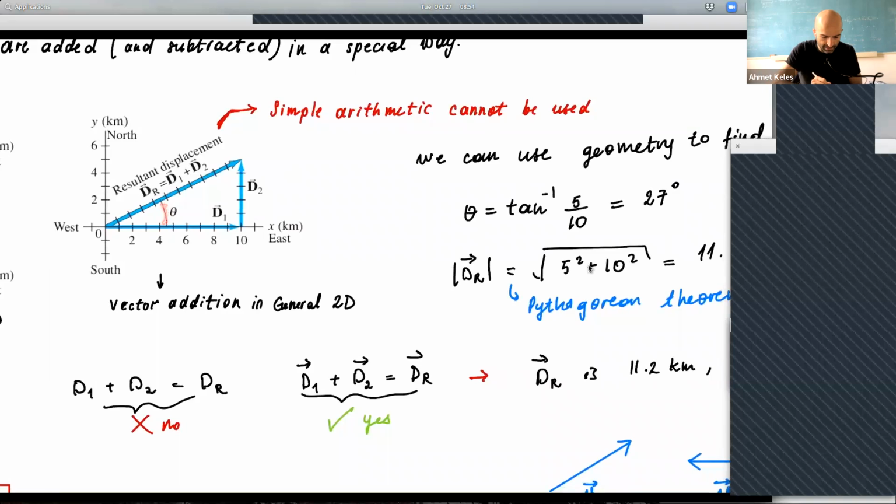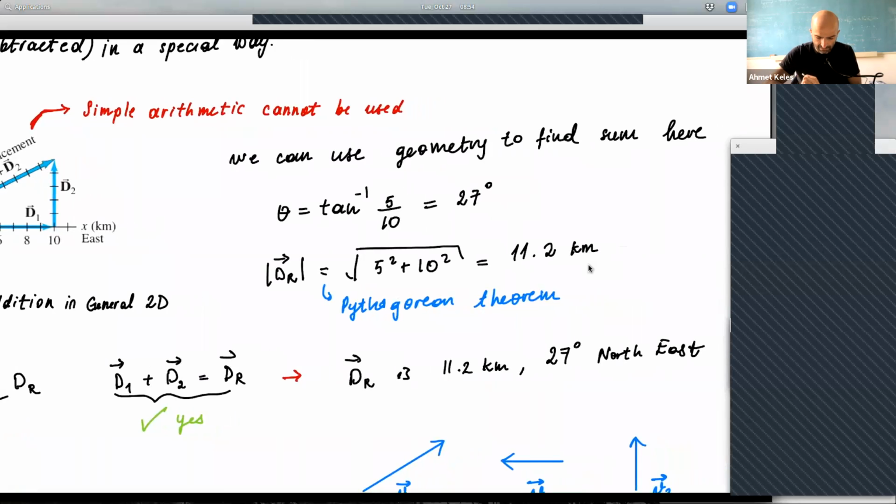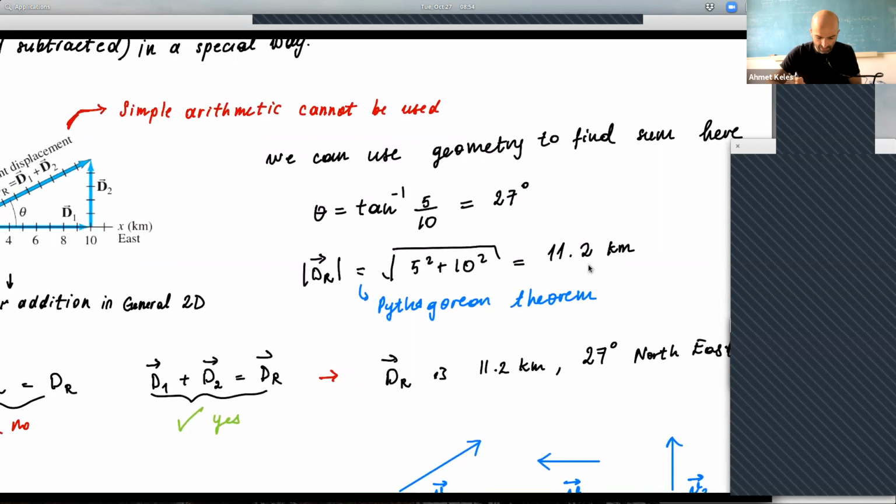If you look at theta, you can calculate tangent theta, for example, is equal to, let's call this d2 magnitude divided by d1 magnitude. And if you take the inverse, that's what you get. Theta is inverse tangent of this side divided by this side. And if you do this with your calculator, you'll find 27 degrees. So you found the direction, and now you need to find the magnitude. For this, you can use the Pythagorean theorem. It's basically some simple algebra, and there you go. You have the result.